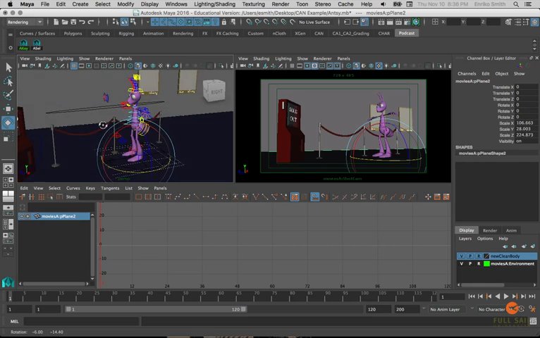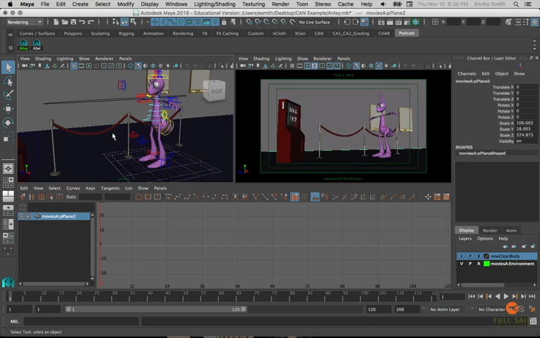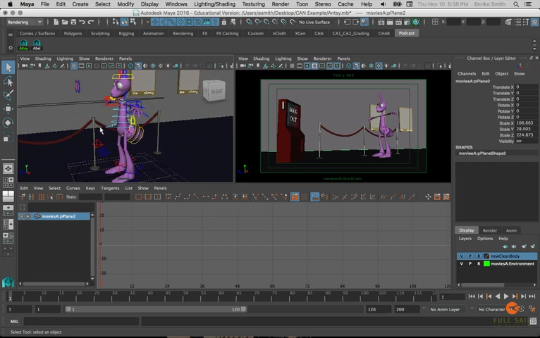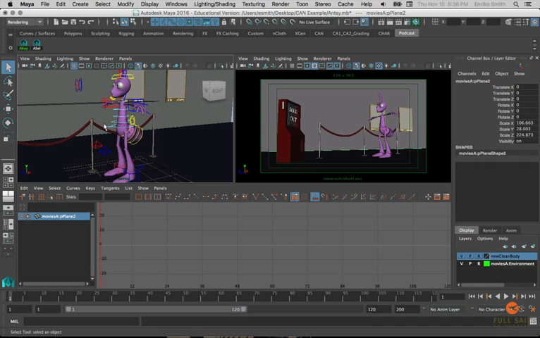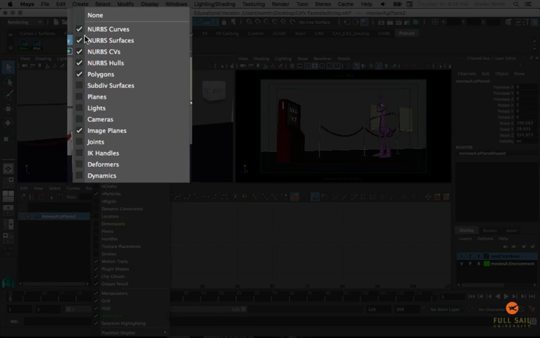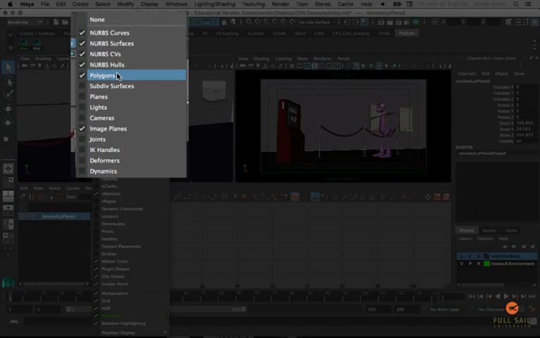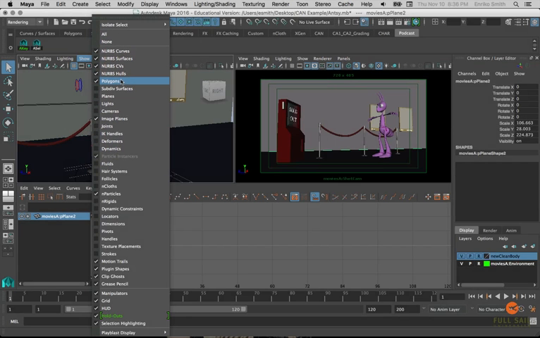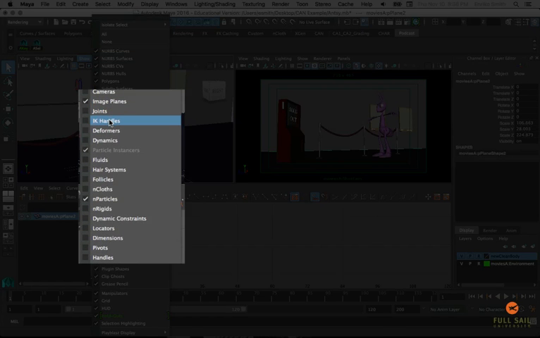Now before we start animating, let's make sure that we can only grab the things that we really need to be able to grab in our scene. In our window under Show, we want to make sure that NURBS curves, NURBS surfaces, vehicles, polygons, those are all fine to turn on. The things you really want to make sure are turned off are going to be joints and IK handles,